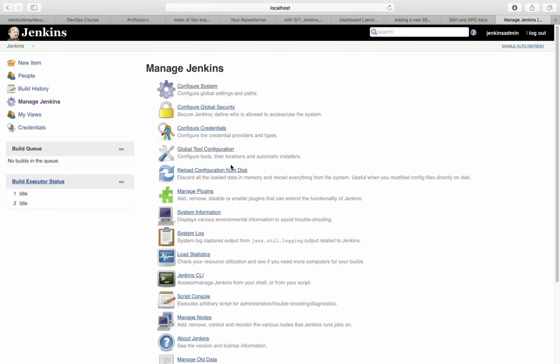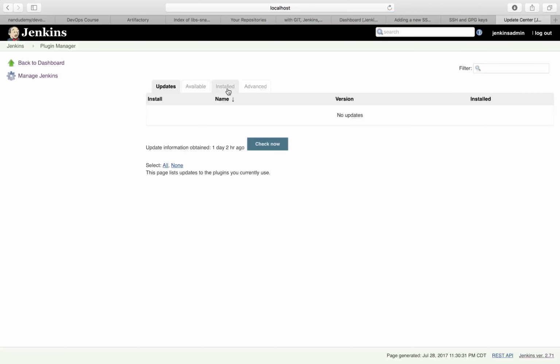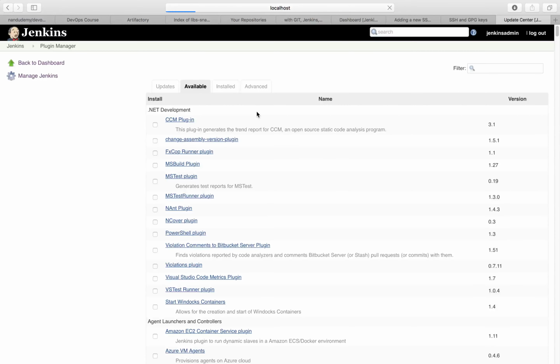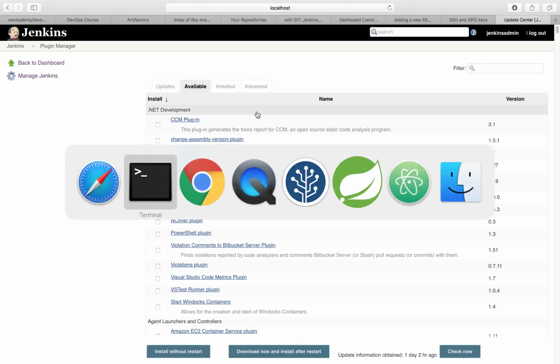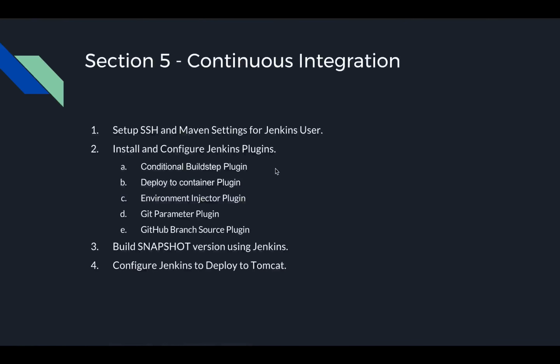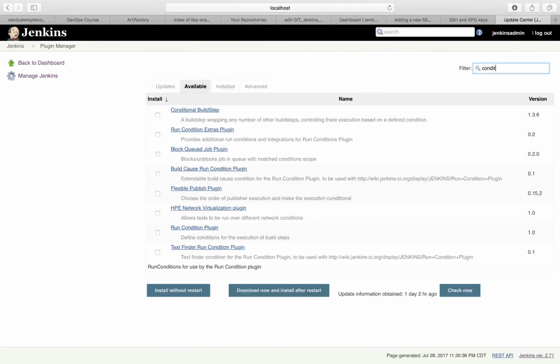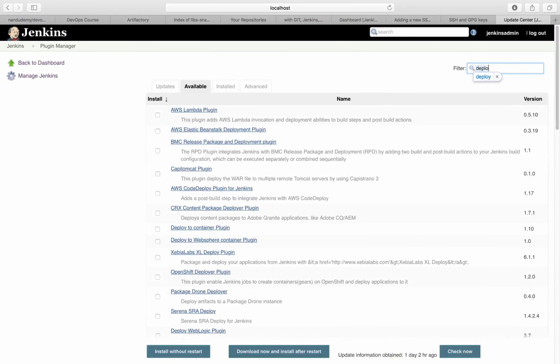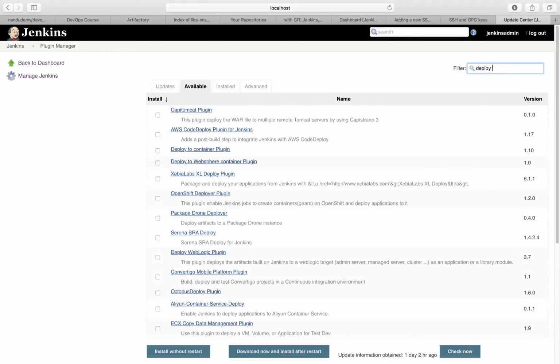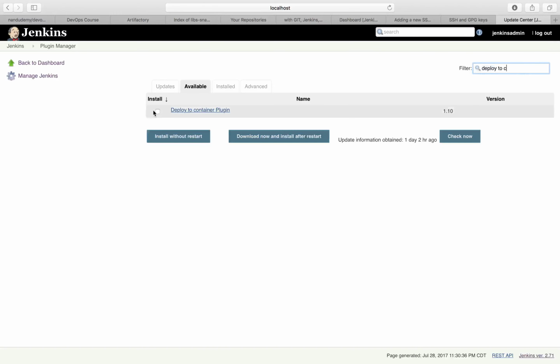Okay, so we need to install a bunch of plugins. I'm going to go to Manage Plugins, go to Available, and let's take a look at what are the plugins that we need. So we need 5 plugins. We'll start with one at a time. Conditional BuildStep plugin, and then Deploy to Container plugin,